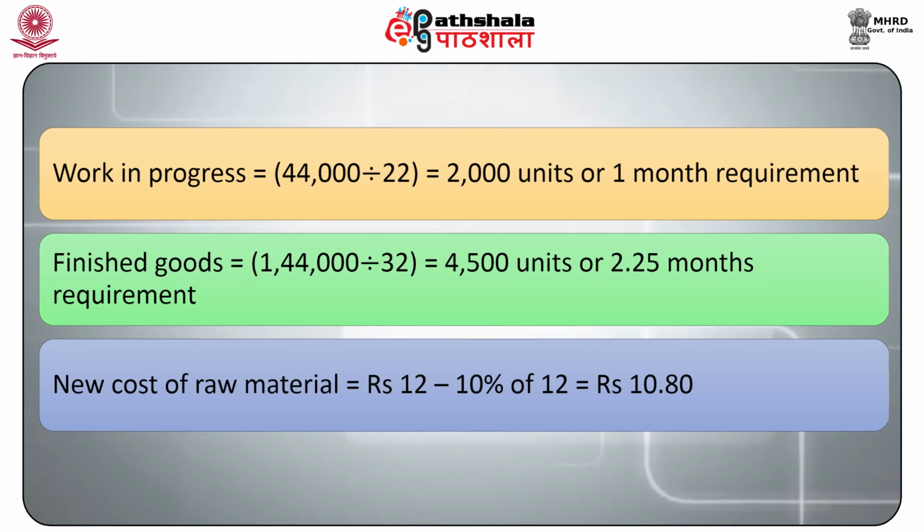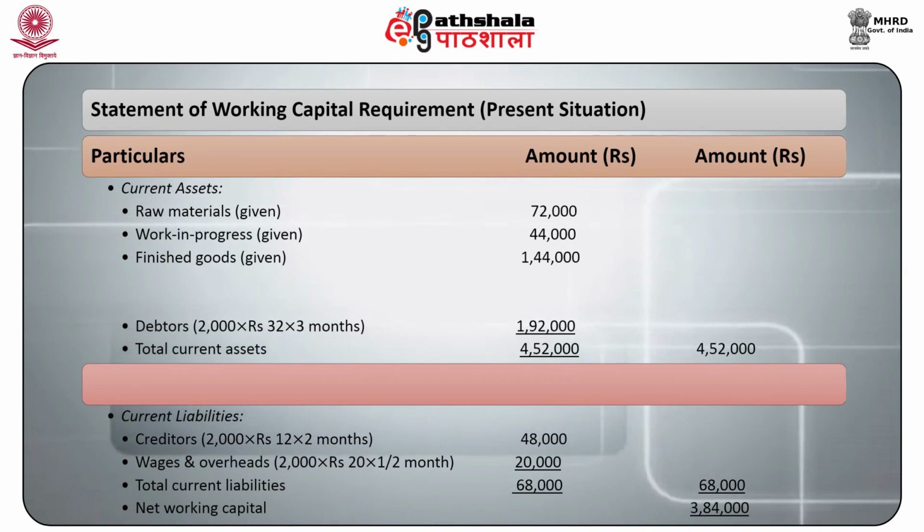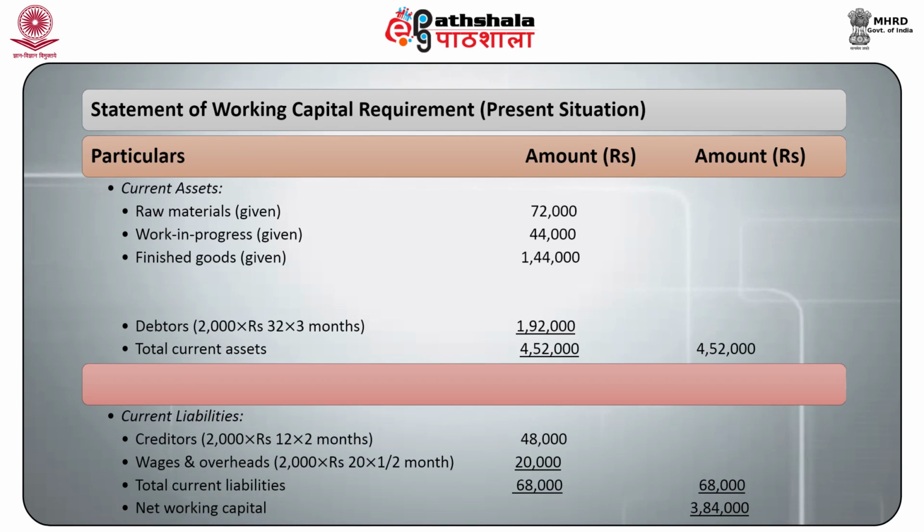The solution for this is, in order to calculate the working capital requirement for double shift operations, the existing parameters should be ascertained as follows: the present position of sales, debtors, raw materials, work in progress, finished goods and new cost of raw material. The statement of working capital requirement can be prepared as the current assets, which include the raw materials, the work in progress, the finished goods, the debtors, and the total current assets come out to be 4,52,000 rupees. The current liabilities include the creditors, wages and overheads, total current liabilities, which gives us the net working